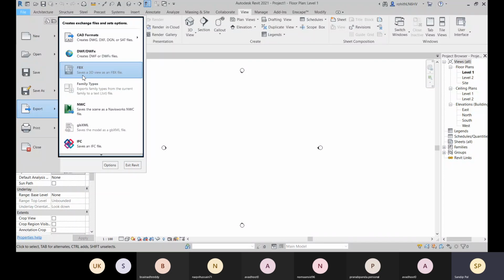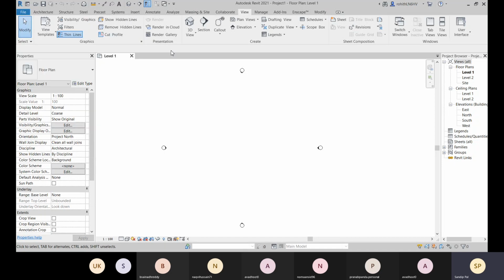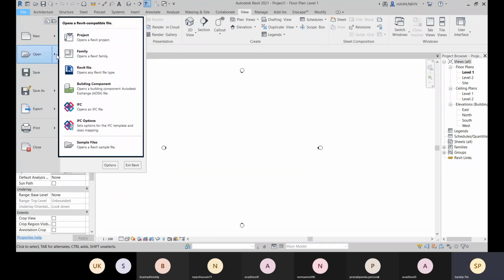We have this FBX, so this will save the 3D view. Only the 3D model will be saved. All right, so you can open this FBX file in 3ds Max or any other 3D modeling software, like SketchUp or 3ds Max.